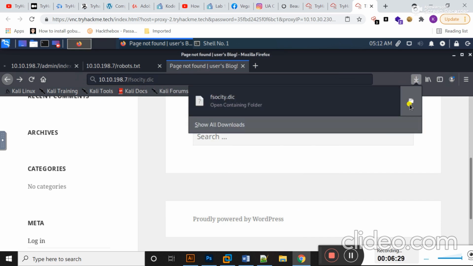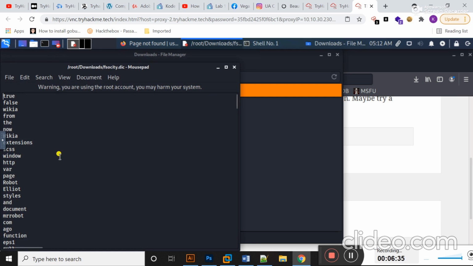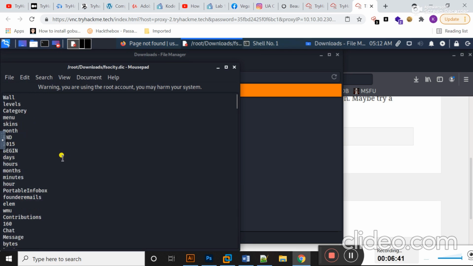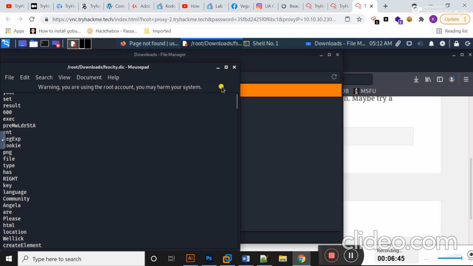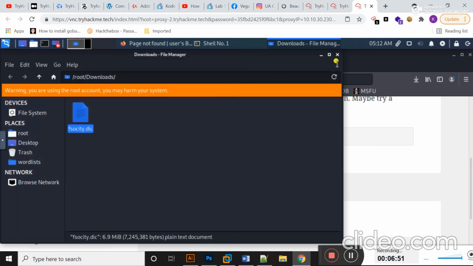I'm going to open this. Here you can see this file contains a large list of usernames and passwords as well. So I can use this dictionary in order to brute force the login page that I showed previously.